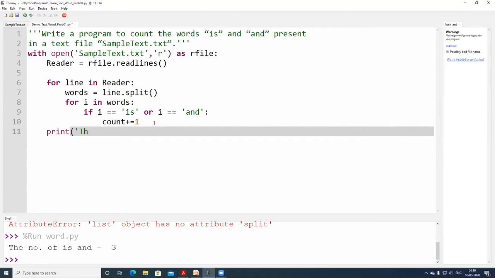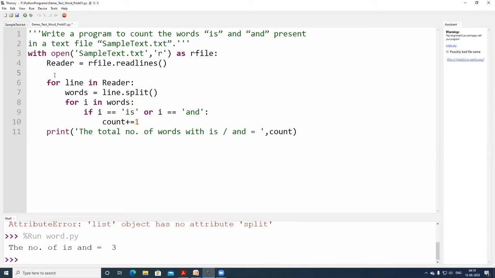Print the total number of words with "is" slash "and", that is, either with "is" or "and" put together. I am giving the count, right? Count I have not declared, so I am declaring count equal to 0.